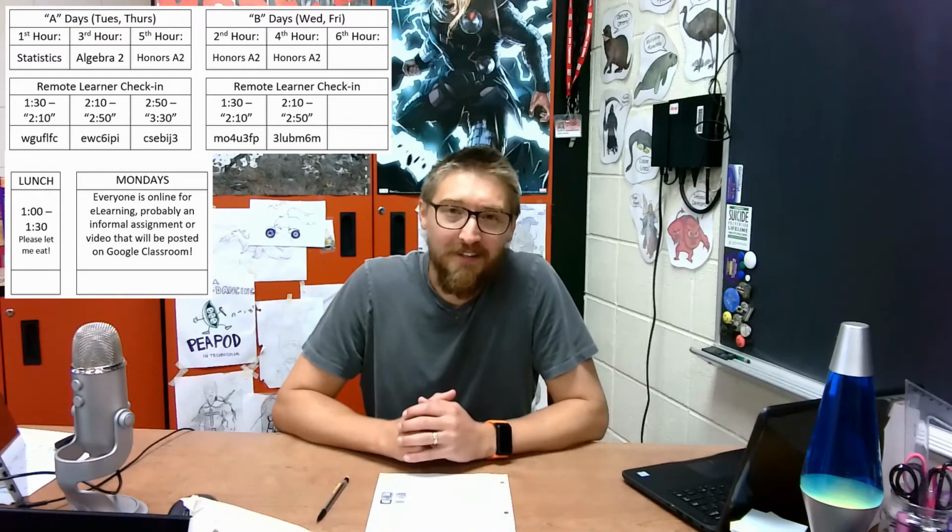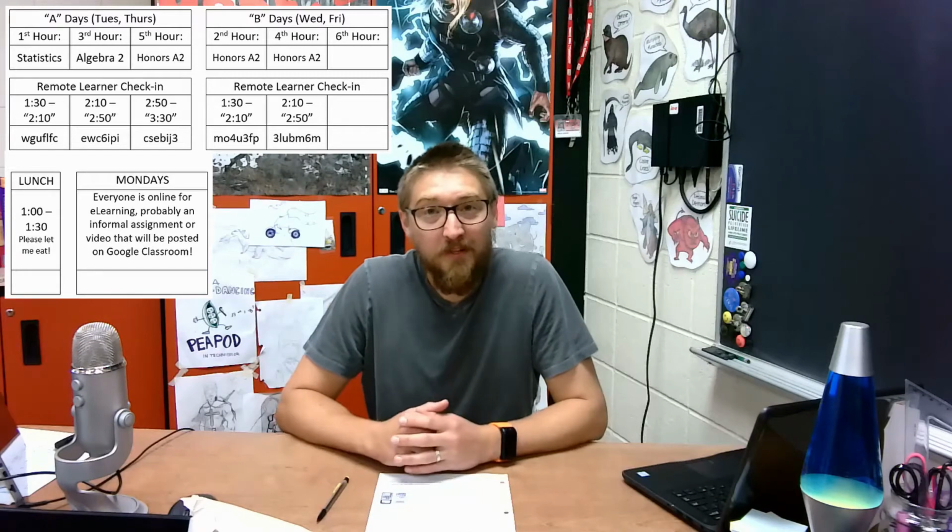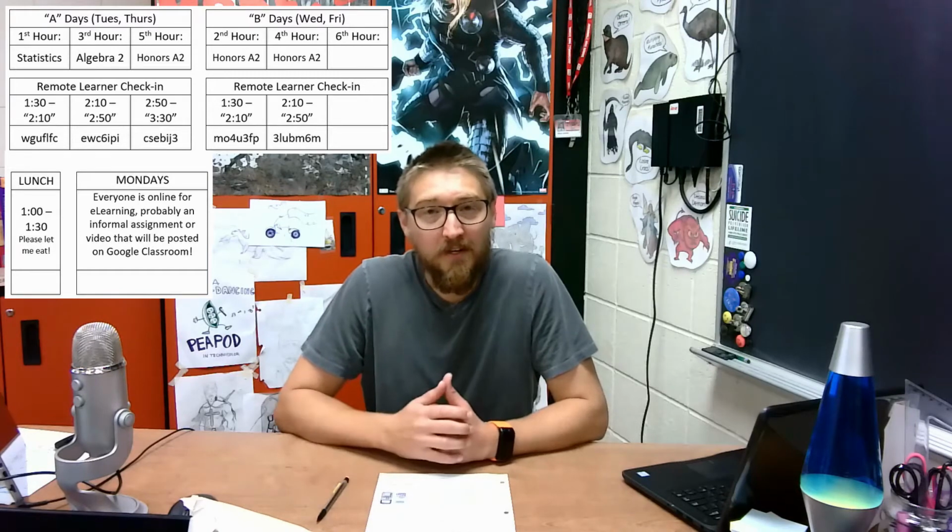Now, when do you have A and B days? Well, Tuesdays and Thursdays, had to think there. Tuesdays and Thursdays will be your A days, and then you'll alternate to the B days on Wednesdays and Fridays. Since this is a Monday, it is the one weird day of the year where you will have a B day in front of an A day. So, getting a weird year, started off on a weird day. How about it? Otherwise, you'll just go in that order.